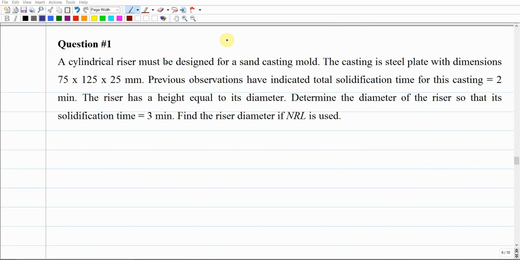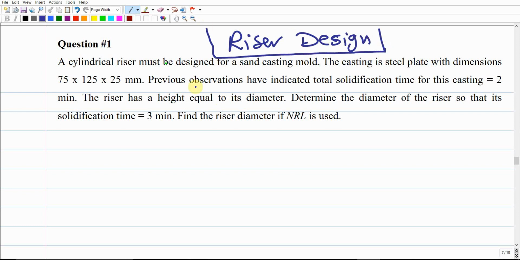Now let us consider some examples on the riser design. Let us move to the riser design. All the previous examples were just on the buoyancy force, how we can calculate the buoyancy force. Very simple. Now let us move to the riser design, starting with question 1 in exercise sheet number 4. It is mentioned that a cylindrical riser, so the riser